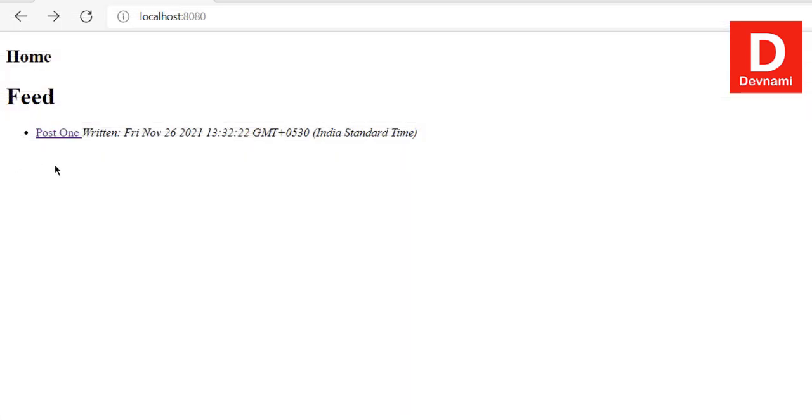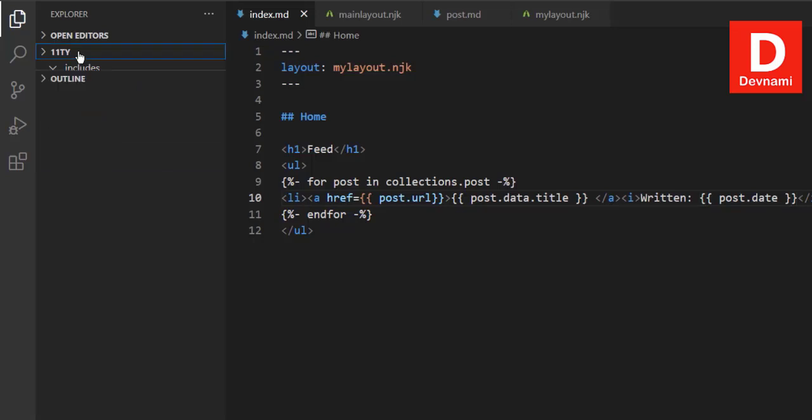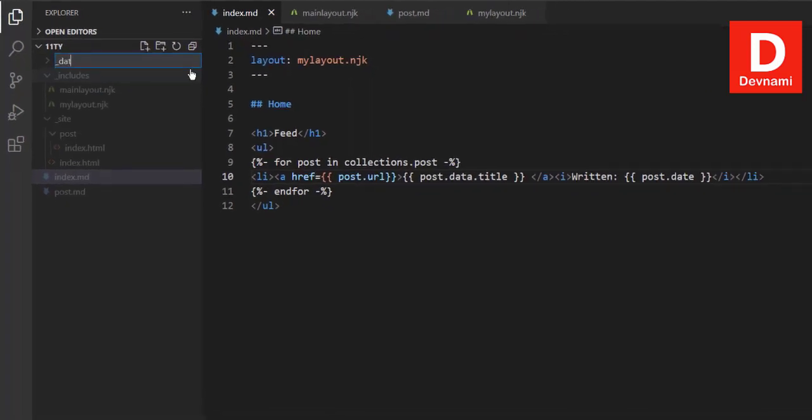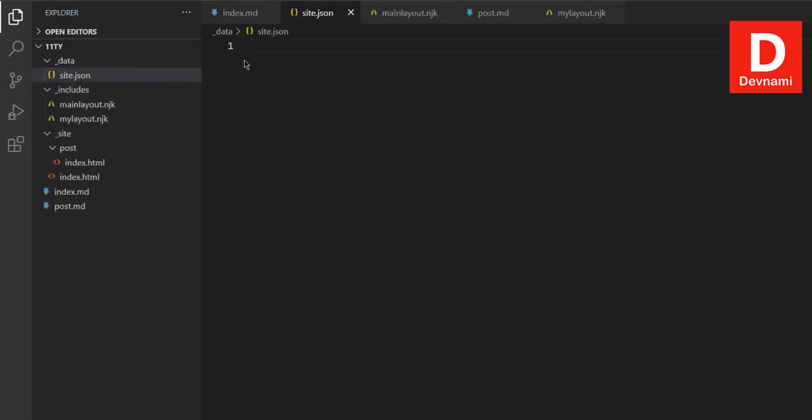Okay, so I want to add custom data at the bottom of this particular page, and I want it to globally appear. Okay, so what I can do is go to my 11ty folder here. Now I can create one folder named _data, right? So this particular _data folder will be available globally, right? So here we will create a file named site.json, and within which we can simply add,